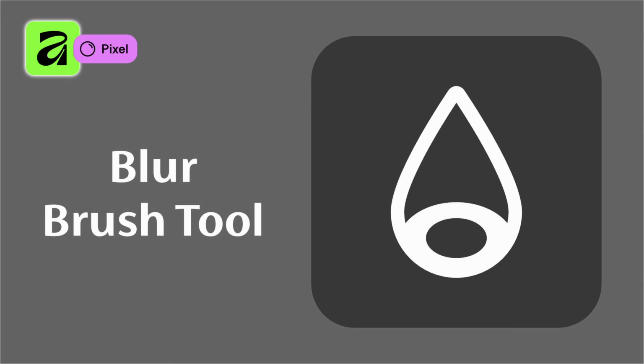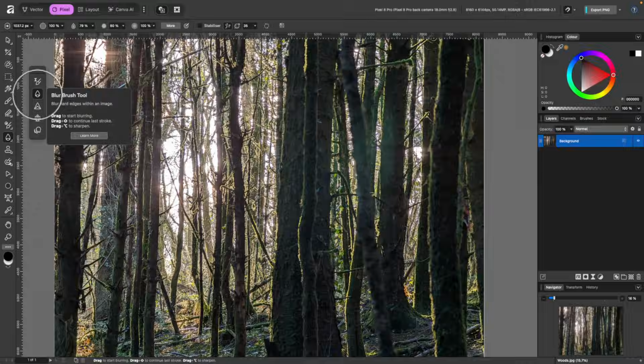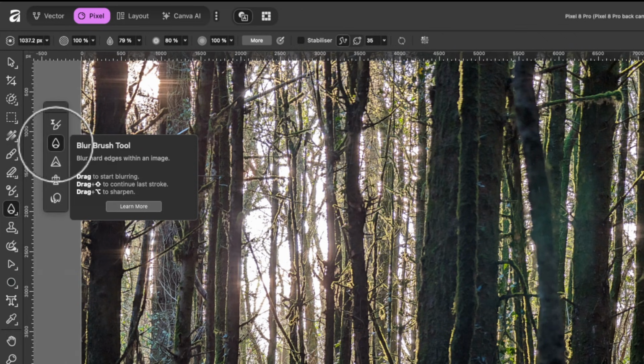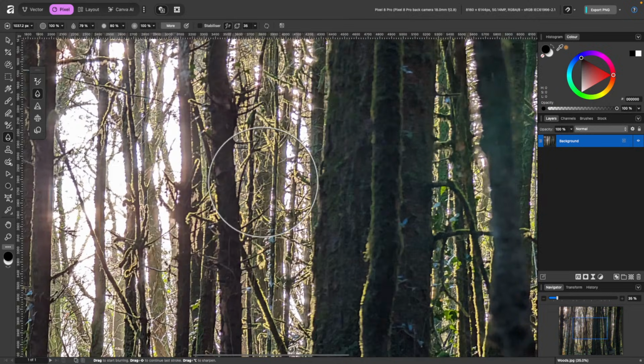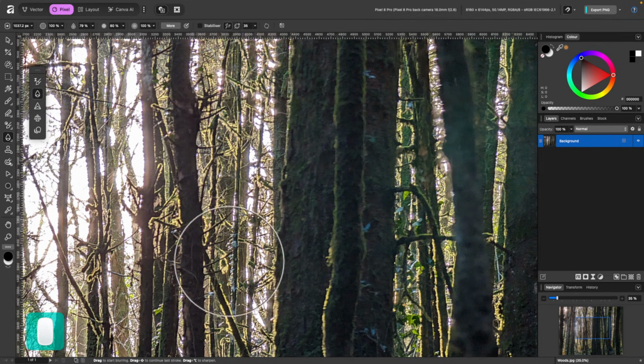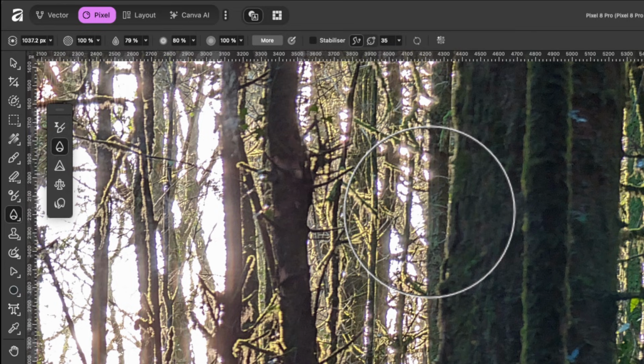The next tool we're going to use is pretty self-explanatory. It's the Blur Brush tool, and it basically blurs hard edges within an image. So I've selected it, and I can just go in and go to a pretty sharp area, these few bits of branches and trees, and just drag it around, and there we go, I've blurred them. But this is a destructive edit, so the only way you can go back from it is to press Command Z. And again, you can control how this performs by changing the settings in the context toolbar.